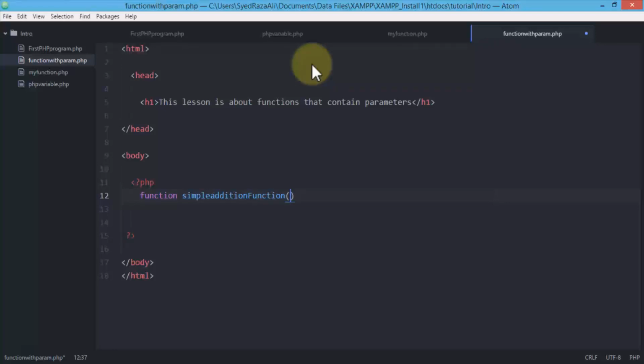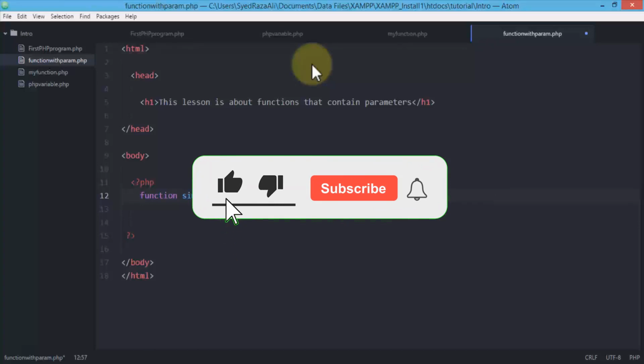But this function contains, let's say, certain parameters, and these parameters are string, and then let's say the name, which is number 1, for example. And recall, the string number 1 is basically the variable, right? And then the other parameter is string number 2. And of course you can have, by placing a comma, you can have others as well. So once we define the parameters within the function, the syntax says that we need to open the curly braces,